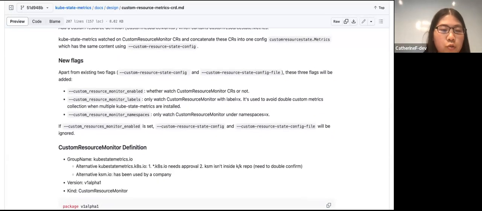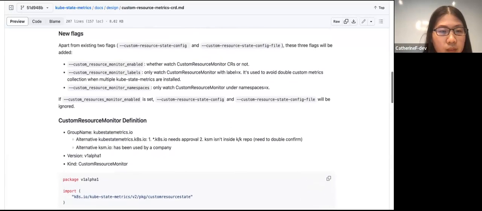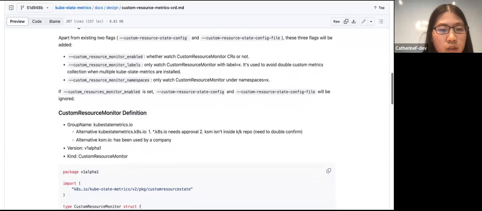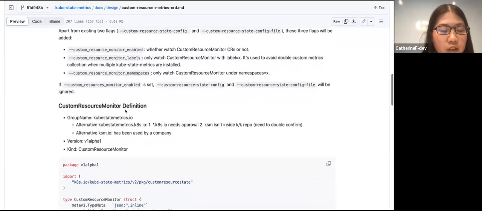In order to do that, we will have two changes. One is some new flags. The other is the new CRD named CustomResourceMonitor. You can see we will have these three flags for the CustomResourceMonitor. And for the CRD,